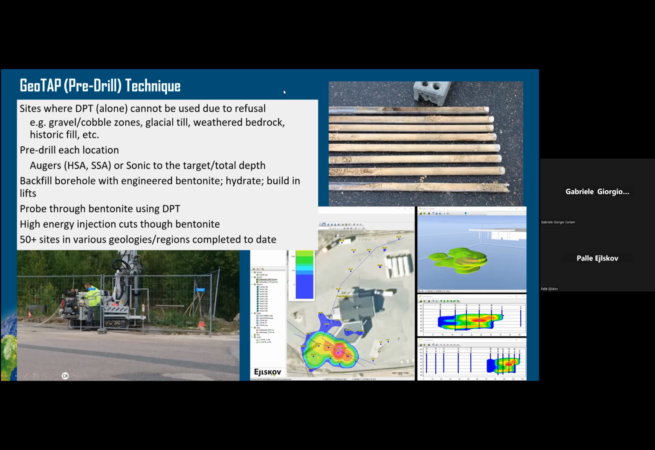We backfill that with bentonite, let that hydrate really well, usually 24, 48 hours. And then we come back down through that with direct push. Because we're injecting slurries, and that's a really important point, this technique works only with slurries, and you have to have the right injection system to deliver the proper flow rate and pressure to cut through that bentonite and get out into the native